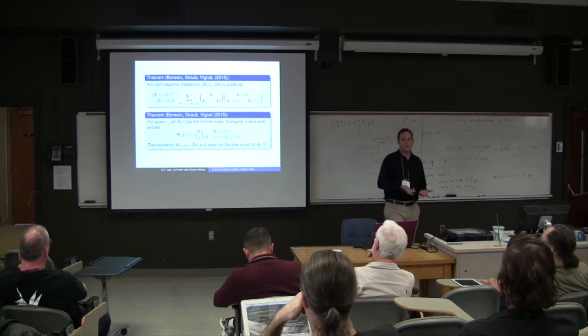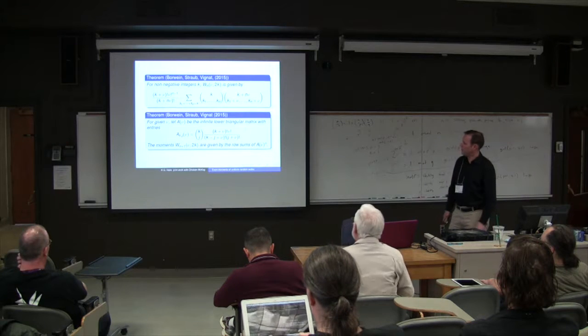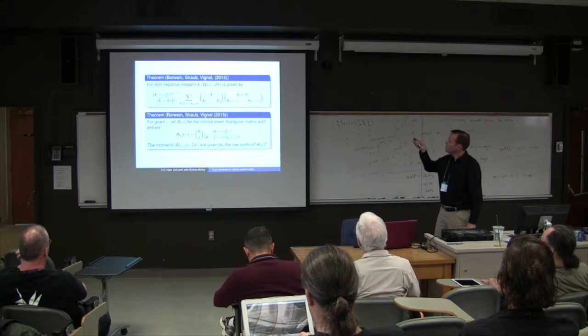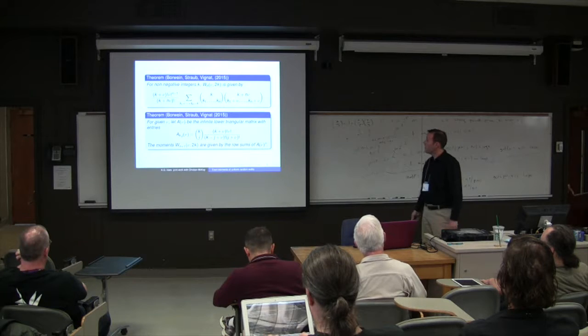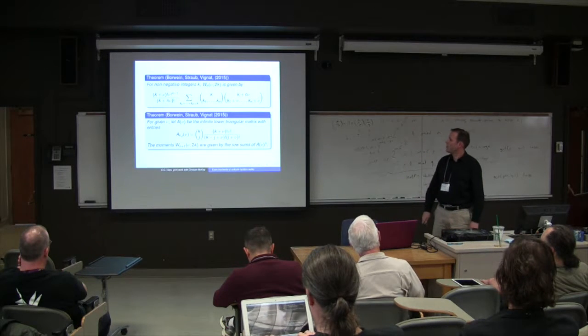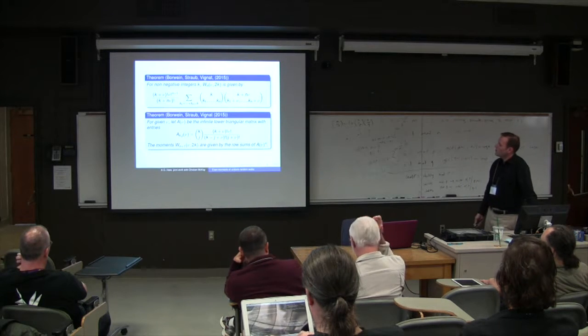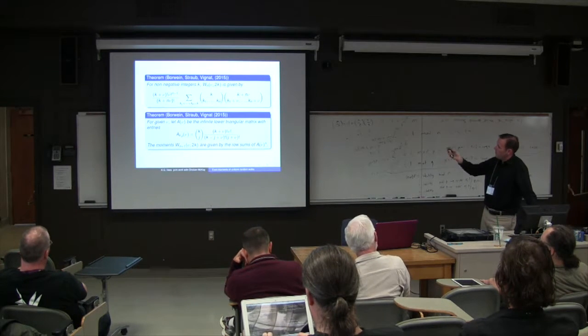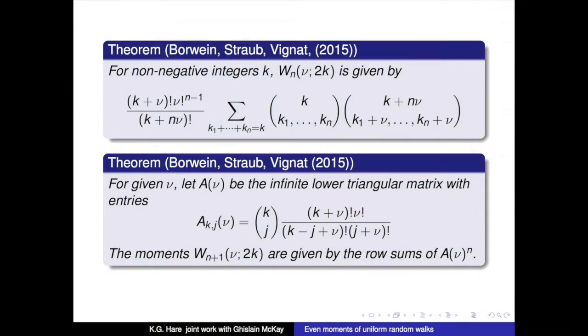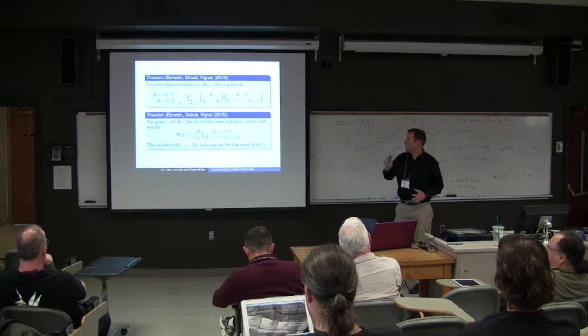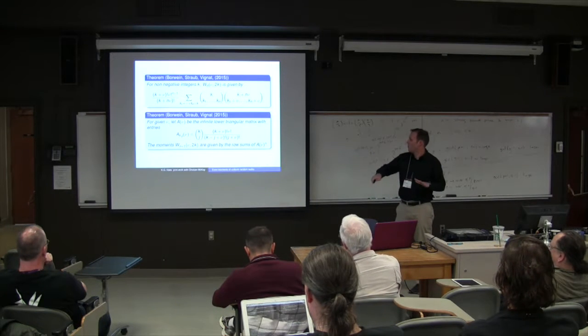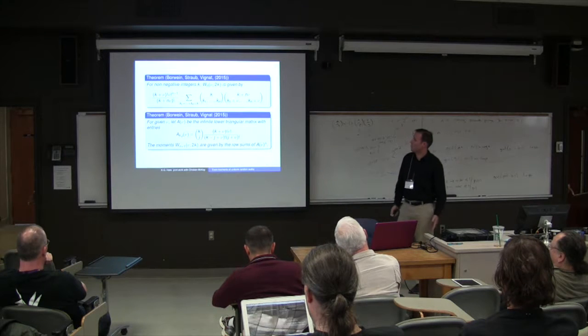And there are a number of results that are already known about these probability density functions. For example, for non-negative integers k, we can explicitly write down what this probability density function is. And there's a rather interesting way you can compute these, in that you can explicitly write down a matrix, and then you take the nth power of this matrix and sum up a row, and that'll give you the kth term. So you sum up the kth row of the nth power, and that'll give you the term.